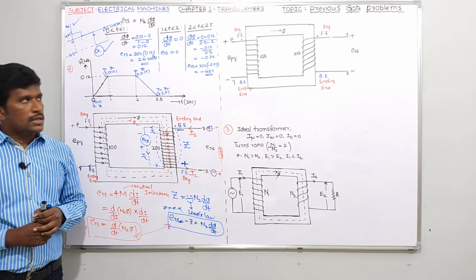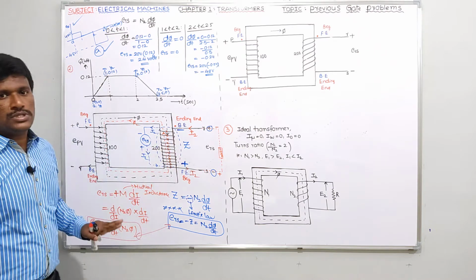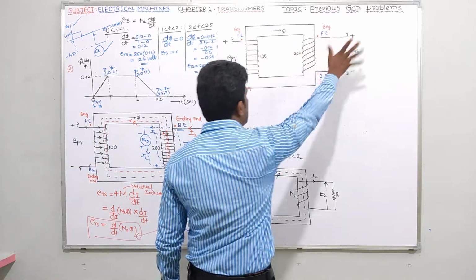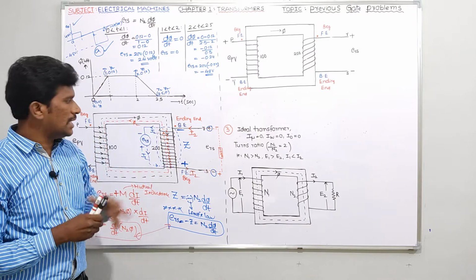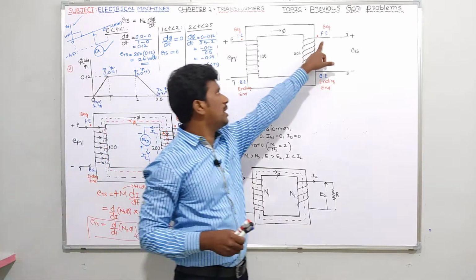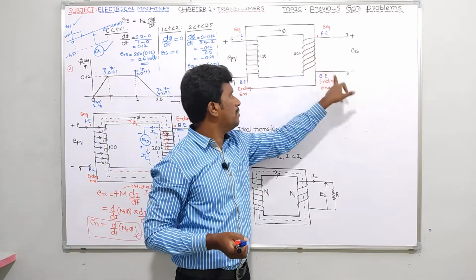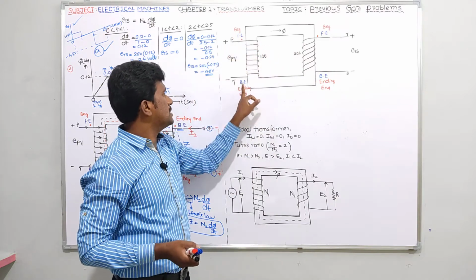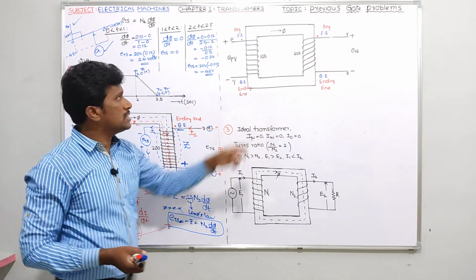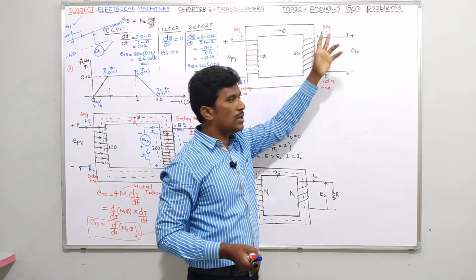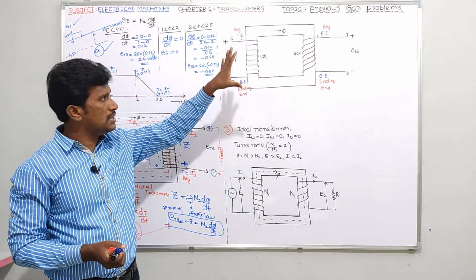Right. Now suppose instead of a secondary winding given like this, he gives the winding like this. Here there is no problem; everybody is comfortable with this figure. Suppose this is the front end and this is the back end. Everything is fine, because front end is taken as the beginning end, back end as the ending end, and we assume the dot at the beginning end. Everything is verified here.